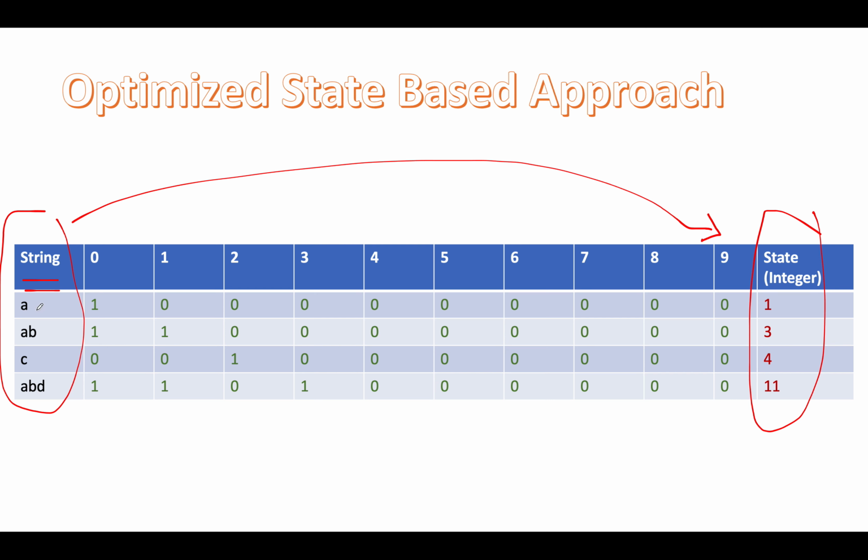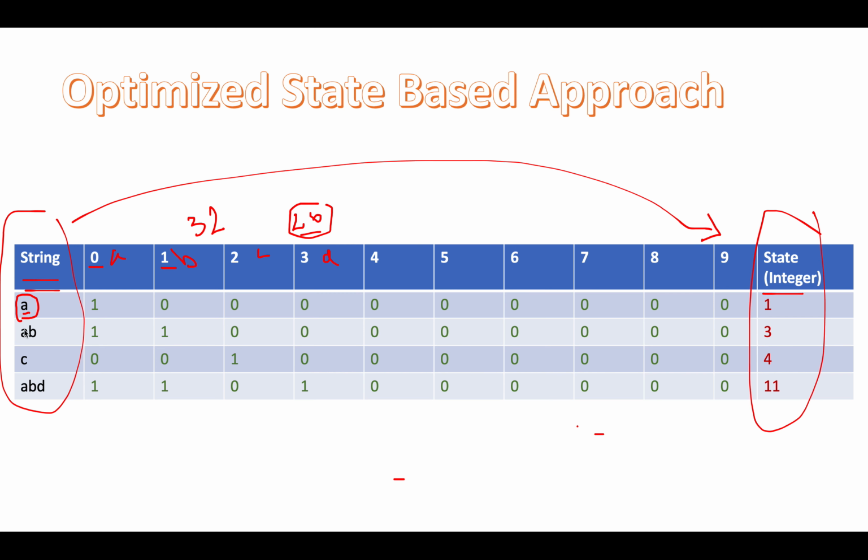So we will again use the bitwise manipulation approach. Let's hypothetically assume that the first string that is given to us is A. We will try and map these lowercase characters to the integer representation in the bitwise format. For example, A represents the 0th index, B represents the first index, C represents the second index, and D represents the third index. We know the length of a bitwise integer is 32 digits and the English alphabet is 26 characters, so it will be able to accommodate all the English lowercase characters.